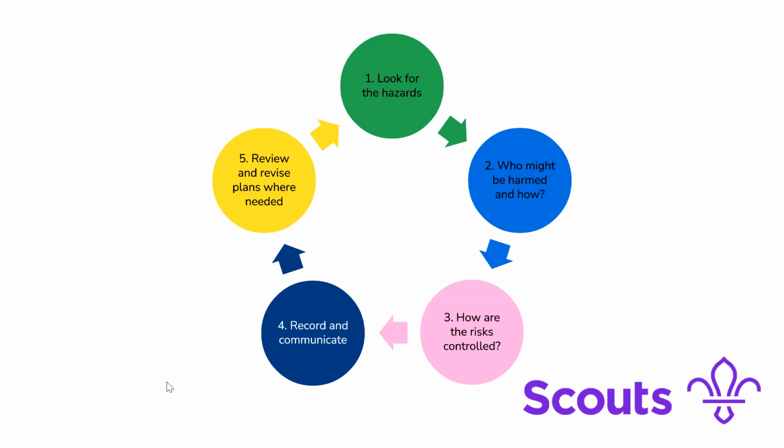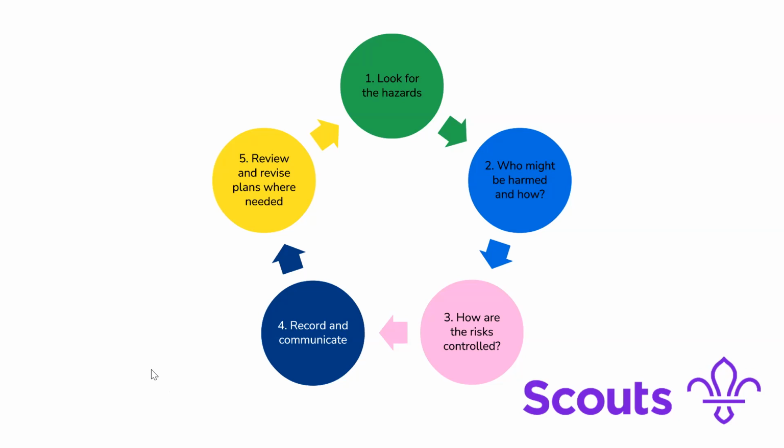And then finally, the 5th step is reviewing and revising your risk assessments. So as I said before, you don't need to write something completely new every single time. You can use an old one, check to see what's changed, review it. Maybe you're a Beaver leader that's adjusting a risk assessment that was used for Cubs or something like that. So you've got that as an example, and then think about what might have changed for your situation and anything that you need to write down and record for that.